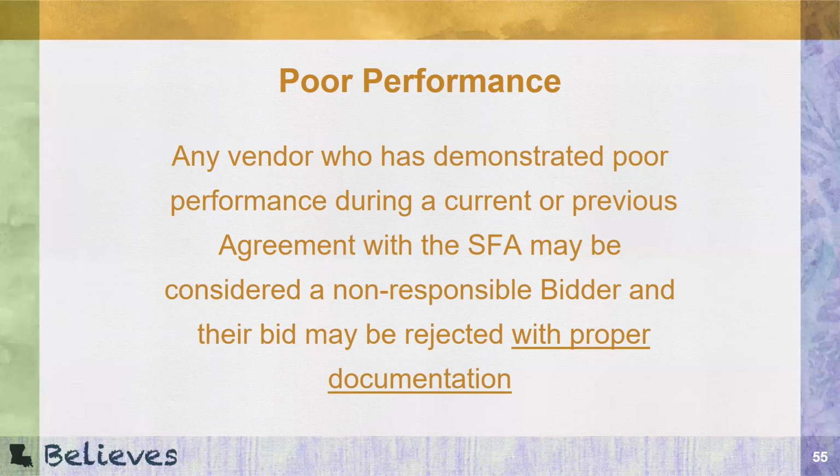So you can determine that a bidder is a non-responsible bidder and reject their bid as long as you have proper documentation. You need to make sure that you have proper written documentation if you're going to